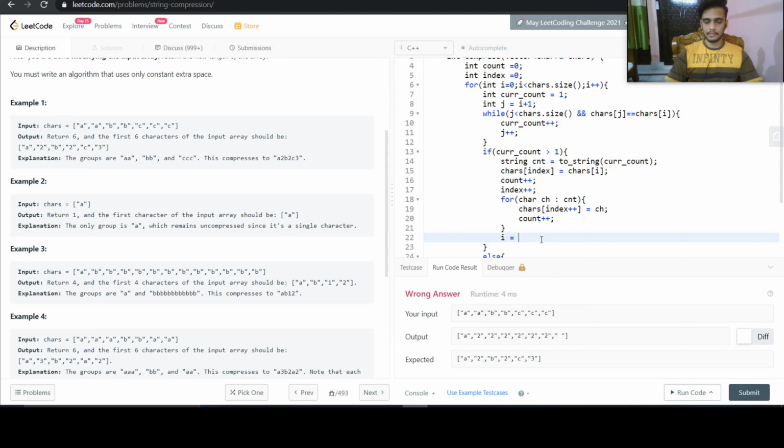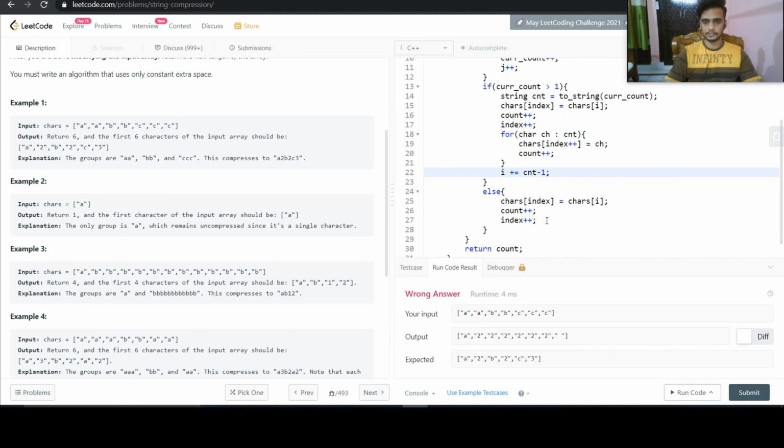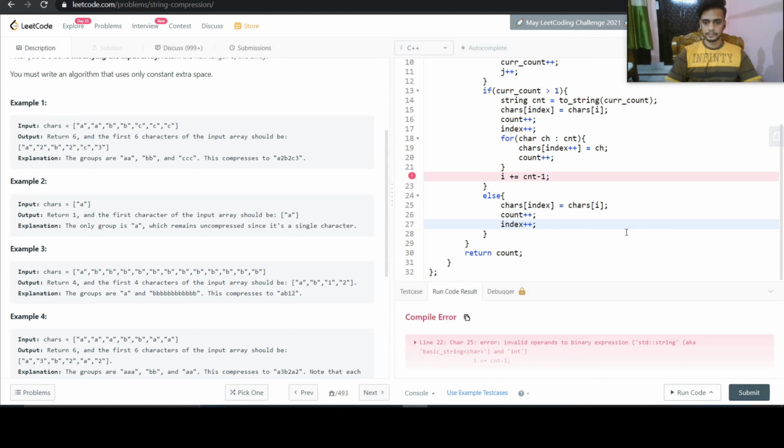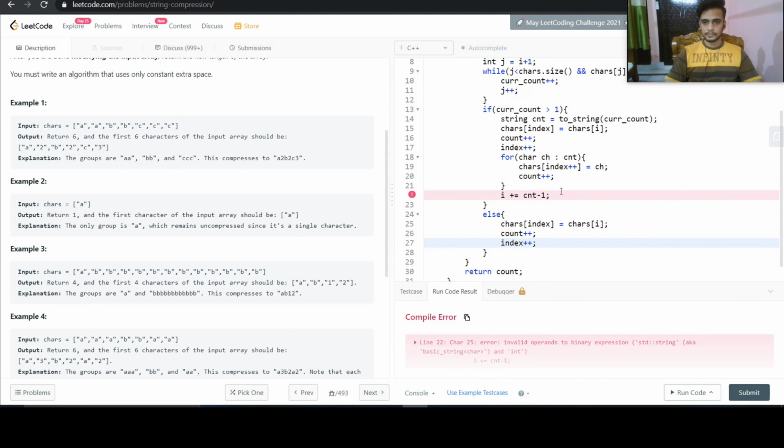So for that, we will increment i by current count minus 1. So i plus current count minus 1.